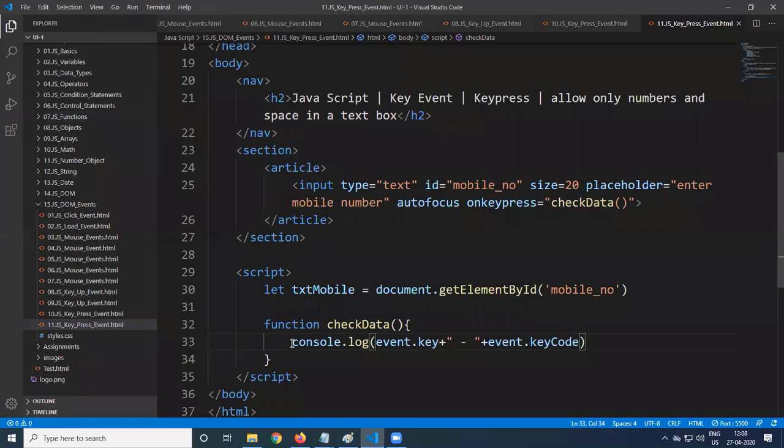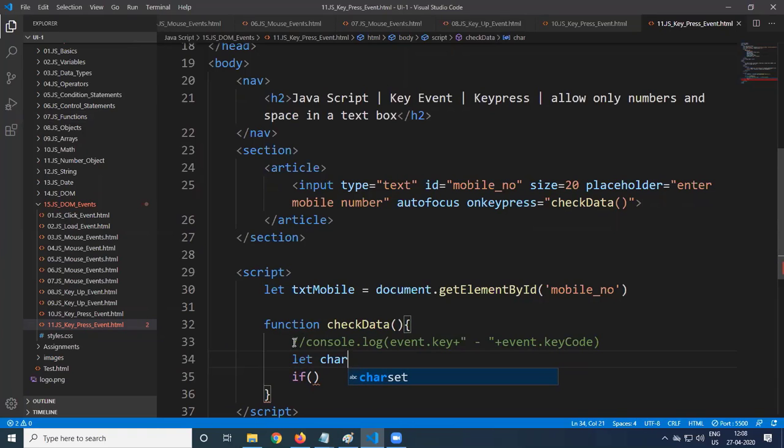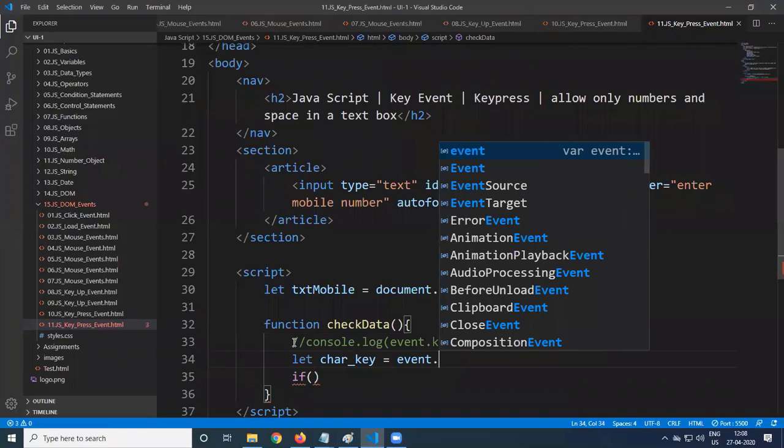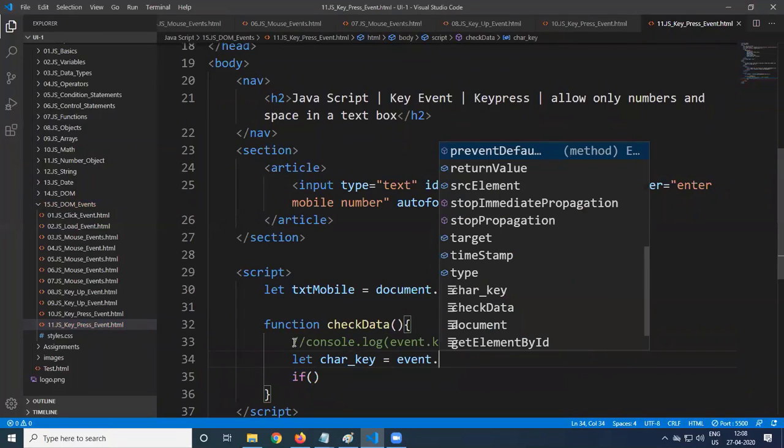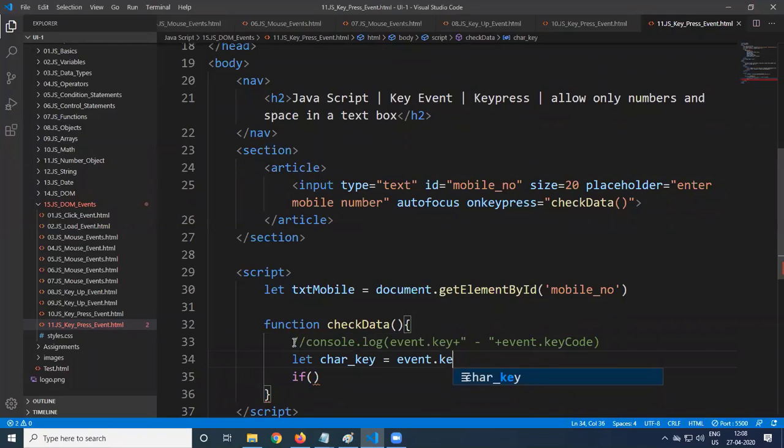So what do we need to do? Let char key be equal to event.keyCode, or charCode. event.keyCode gets the ASCII value of the character pressed.